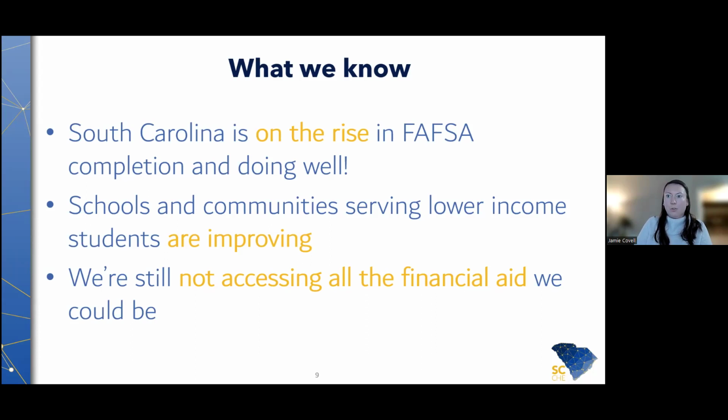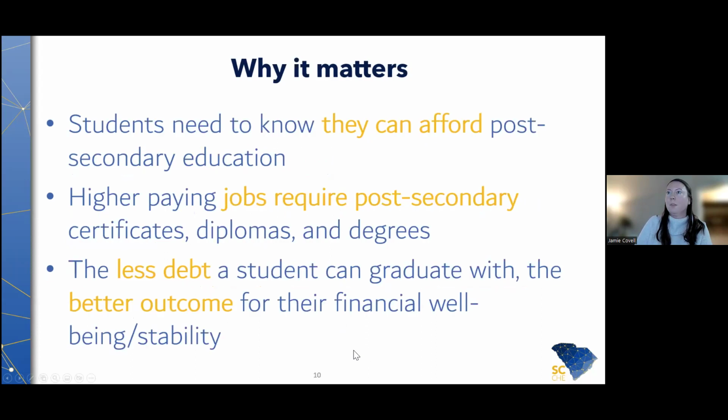But we do know that we're also still not accessing all of that financial aid. Like I said, we've left that 57 million on the table. So there's definitely more that we can be getting for our students. And why all of that matters is really just so students know that they can afford a post-secondary education. Like I mentioned with why complete the FAFSA to begin with, it's just to have general knowledge of what's affordable, what can be affordable, what can be manageable. If a student doesn't do it, then they don't actually know that those options exist. So just pointing that out to them and seeing what is actually possible for them can be very